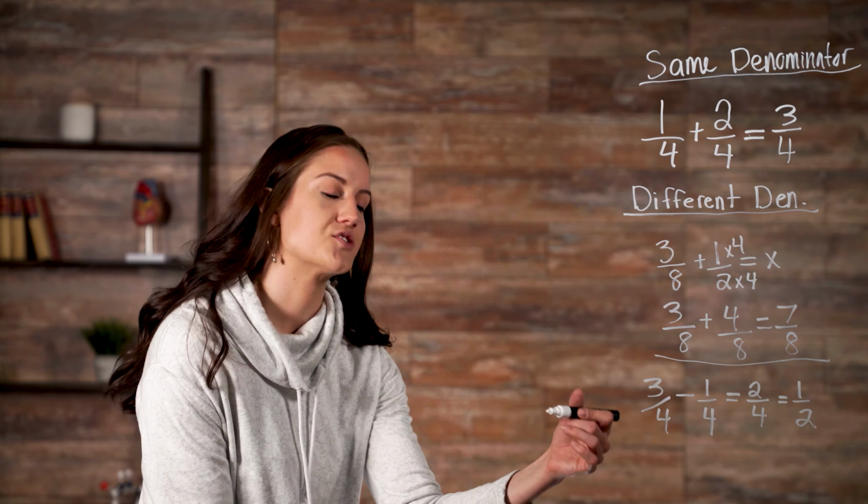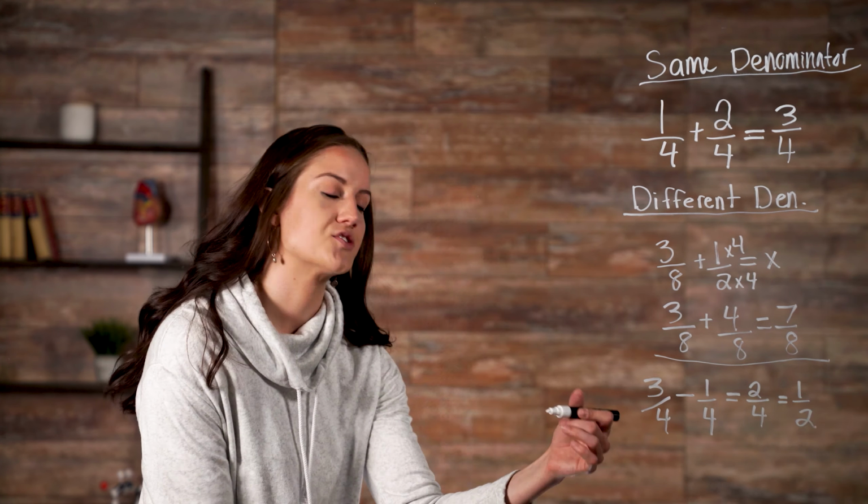So in this example, all we had to do was subtract our top numerators here, which gave us 2/4, which simplifies to 1/2. Simplifying numbers just makes them easier to work with. But if you're subtracting with a different denominator, you have to make the denominators match. For example,